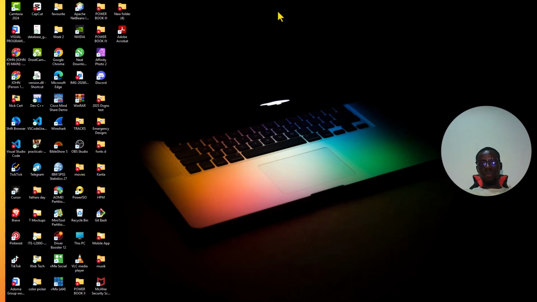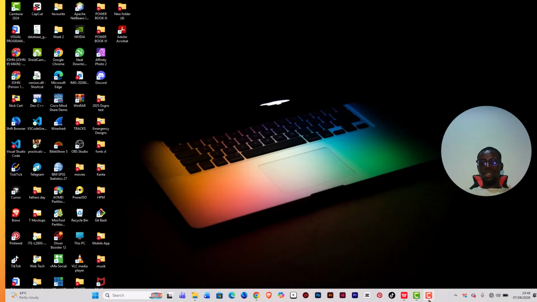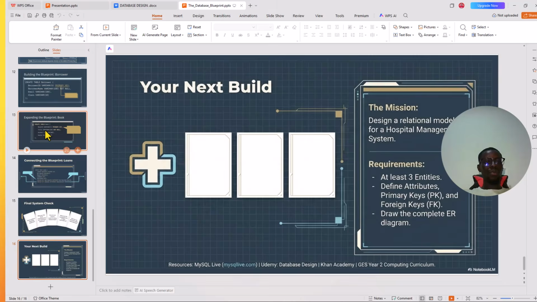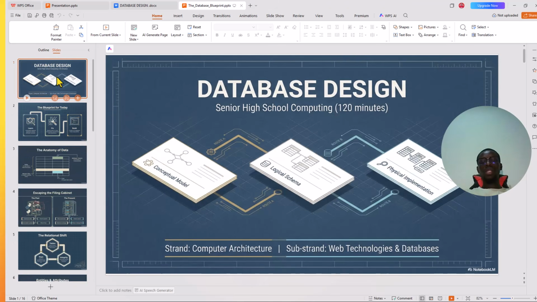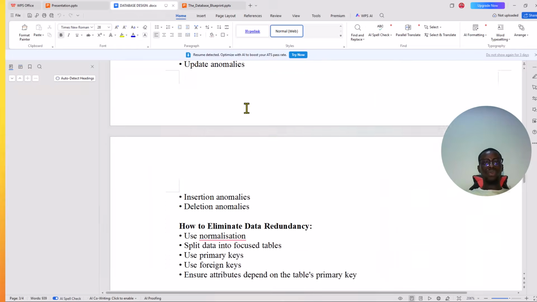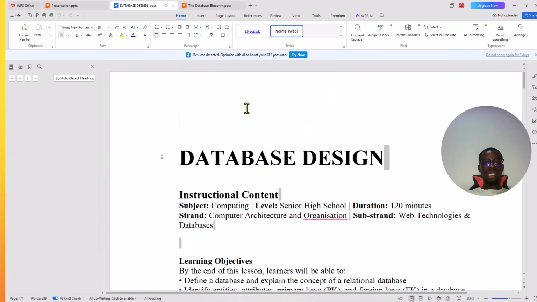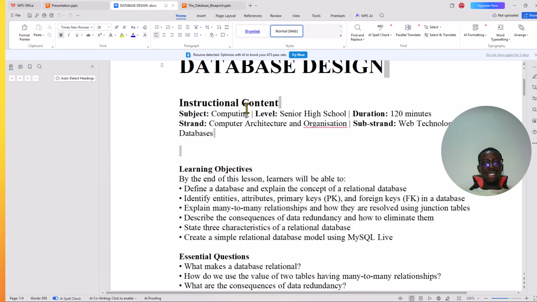Alright, so if we talk about web technologies and database, what are we trying to say? In this lesson, we're going to learn what database is, what we can use database for, and why we are even using database in the first place. There are some objectives that we would go through, so let's quickly glance through. By the end of the lesson,